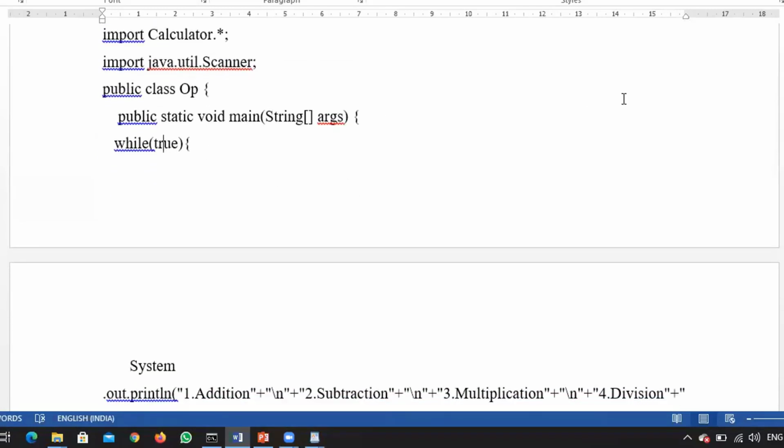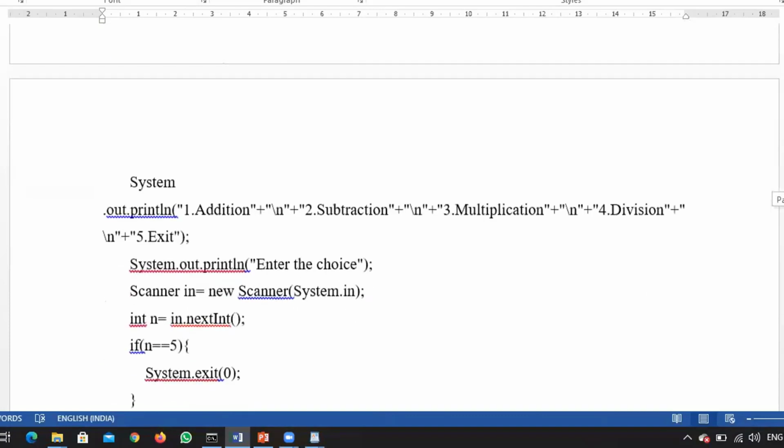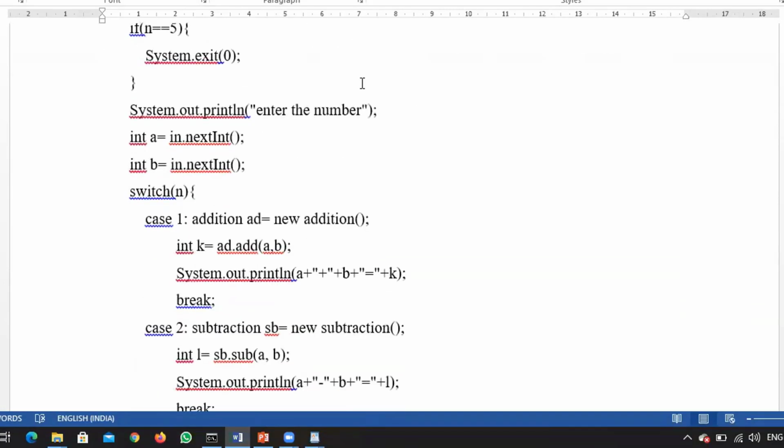Main, while true. They have taken 1 for addition, 2 for subtraction, 3 for multiplication, 4 for division. Upon entering a choice, if n is equal to 5, they are saying to directly exit from the application, or else they are taking a value for a and b.